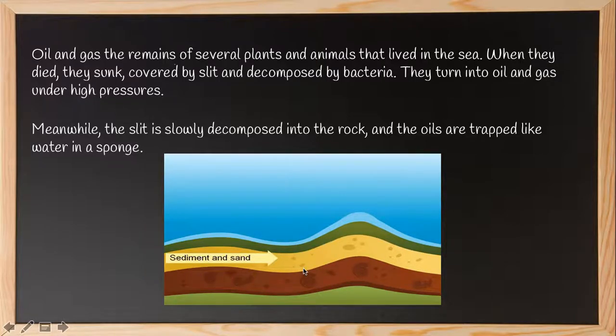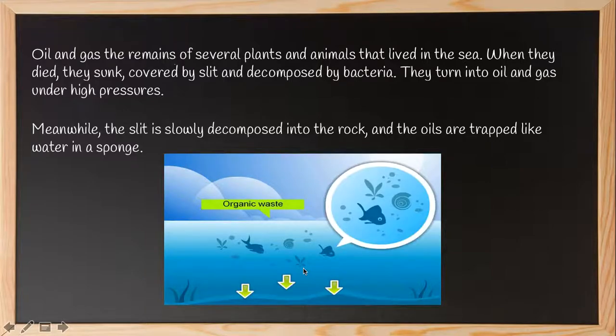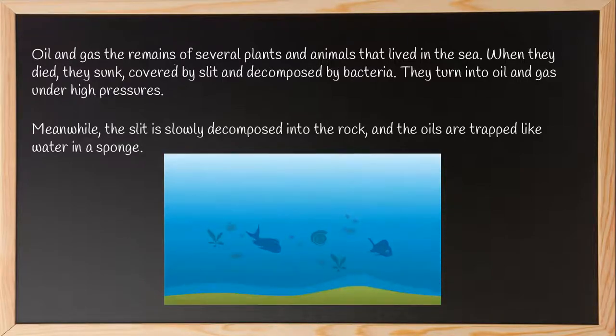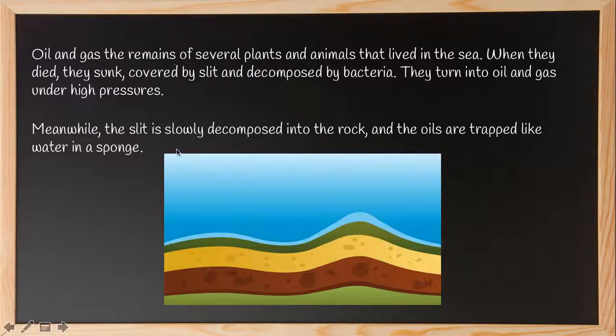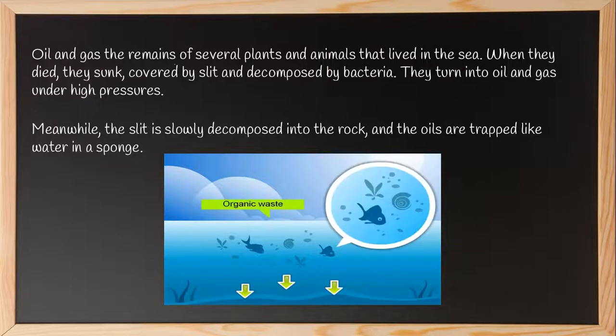They are covered by silt or sand. After a few years, the sand gets hardened and forms silt, and this silt is completely decomposed and formed into a rock, and this particular rock is so hard and the oils are trapped inside